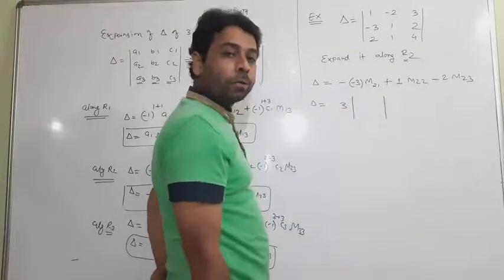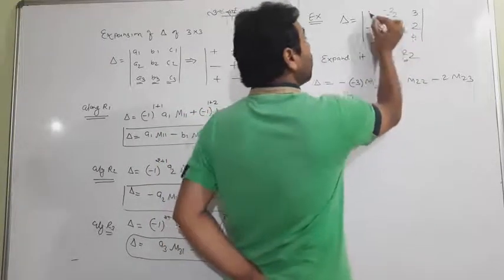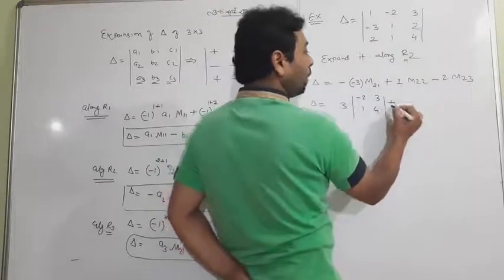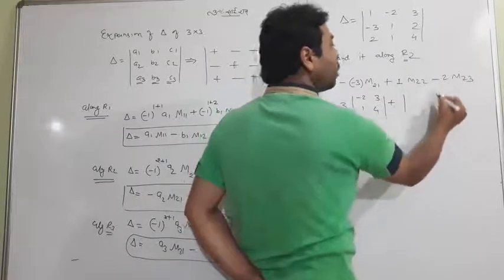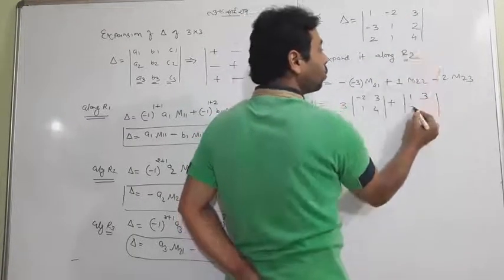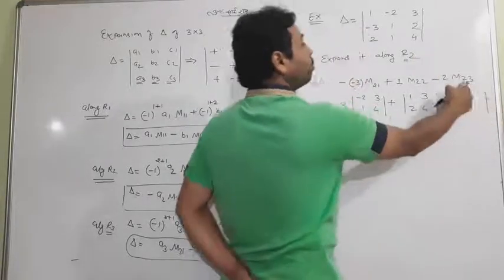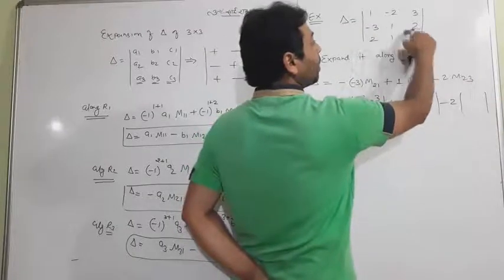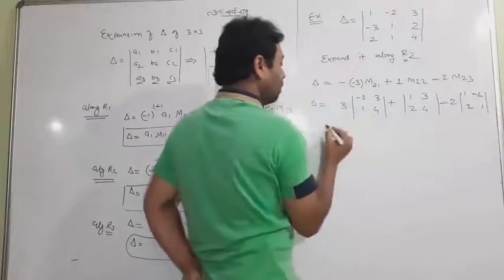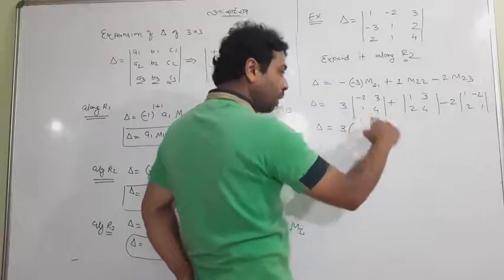Now student, you can go through this: minus minus plus 3, M21 meaning minor. I taught you that minor only. M21, the minor of 3: drop this row and column, leave this and this. What comes? Minus 2 3 1 4, plus 1, need not write. What is M22? Minor of that one, drop these two, 1 3 2 4, and lastly I would have 2. What is M23? For that the minor is this and this, drop, 1 minus 2 and 2 1. Student, now what comes? Open it all the way.